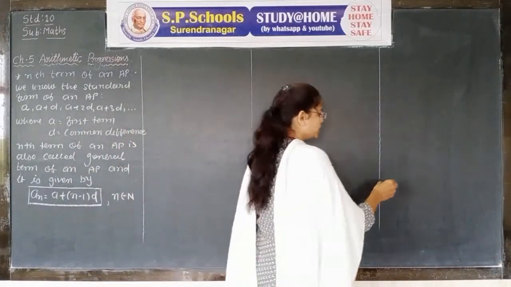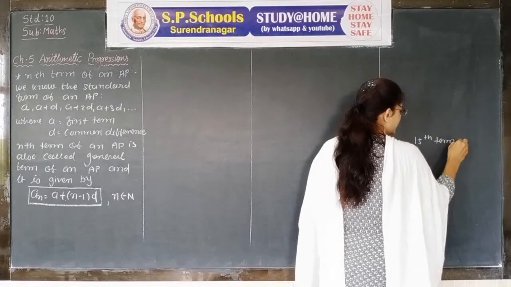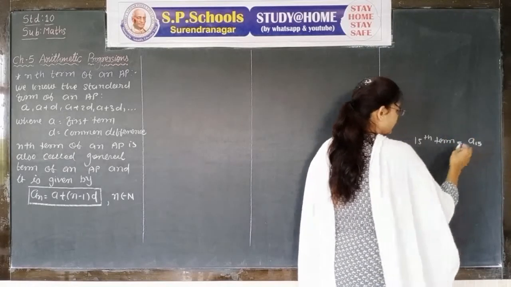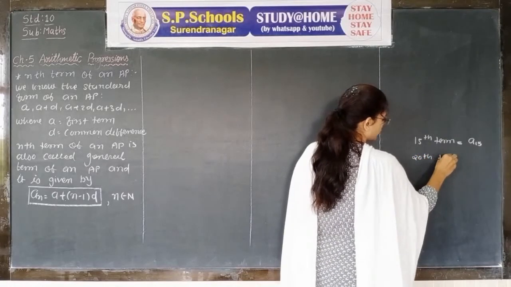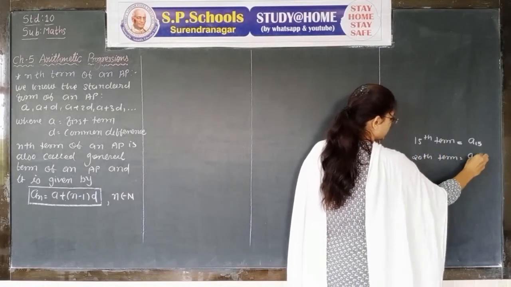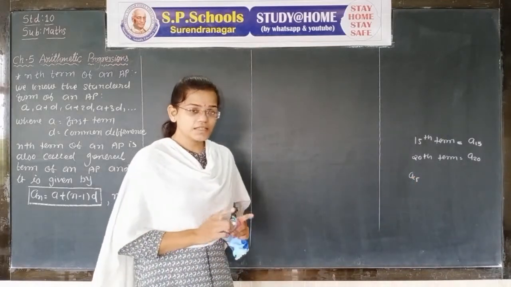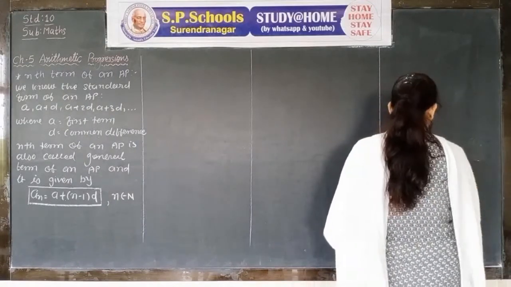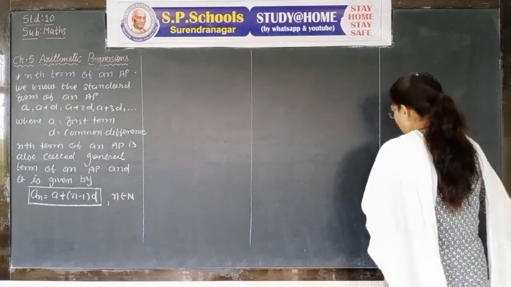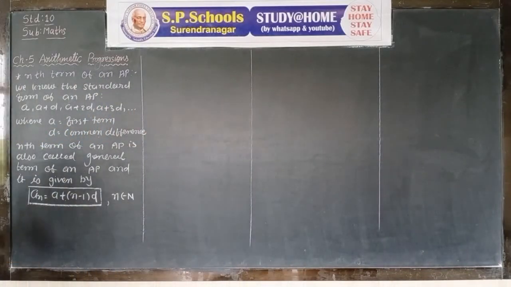First term we denote by a. The 15th term is symbolically denoted by a15. The 20th term is denoted by a20. a25 is read as the 25th term. It is a single term. Keep in mind, there will be no chance to make a mistake writing a term. an is equal to a plus n minus 1 into d. It is the formula to find the nth term of an AP.